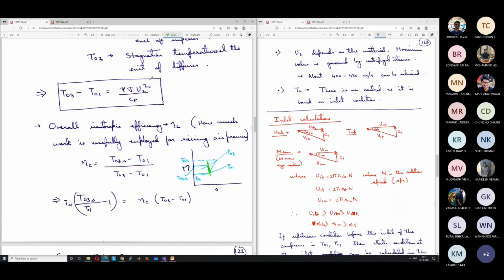This will not be the expression of temperature. If you are just thinking, how can I relate this, it is not showing any change. But will this be the temperature rise in that case, if there is an inlet guide vane? How will it get modified? Can you say?